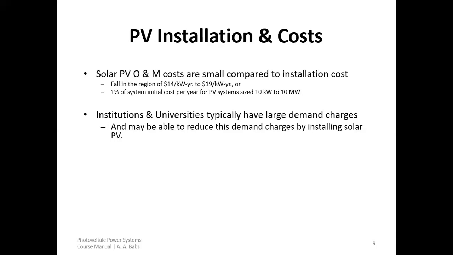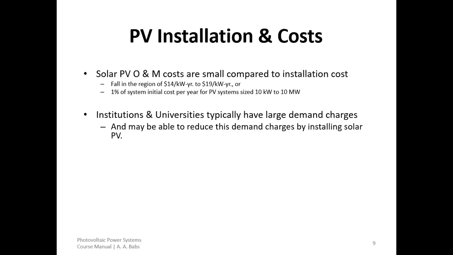You will find out that only 1% of the system's initial cost per year, for a PV system sized between 10 kilowatt and 10 megawatt, is required for the operations and maintenance cost. Okay, only 1% of the installation cost will be needed to maintain the system. So that means if you install the system with $10,000, 1% of $10,000 will just be needed to maintain the